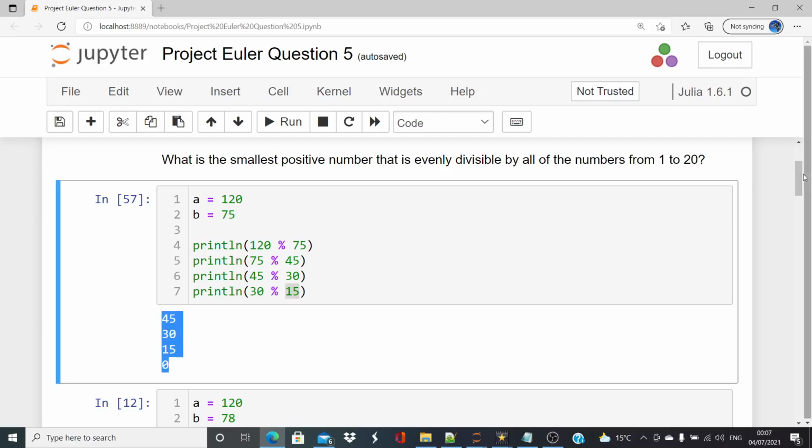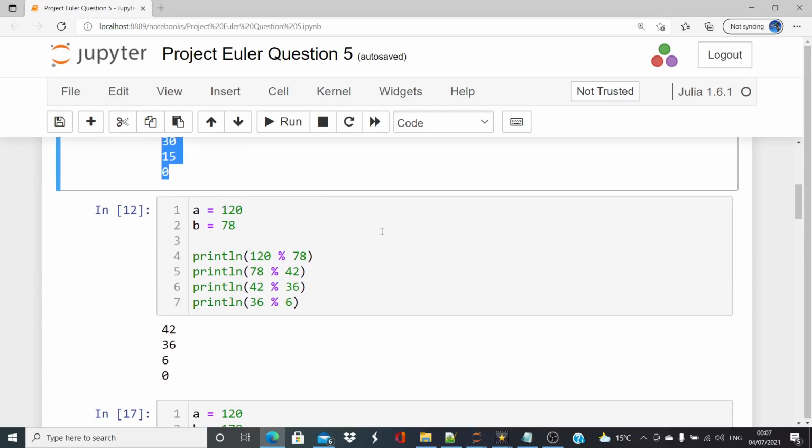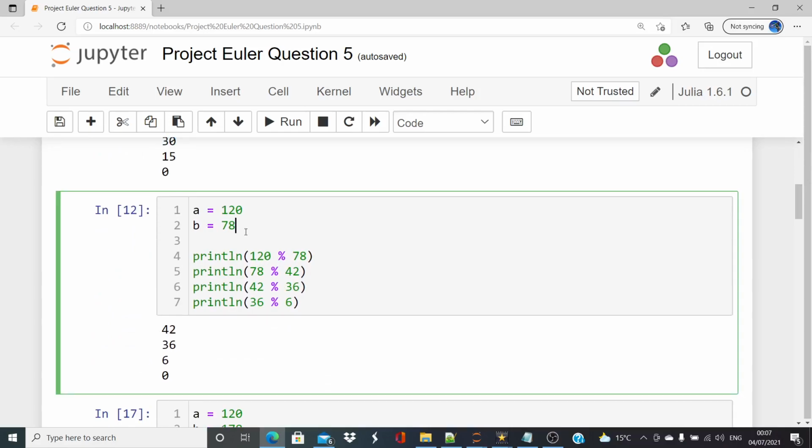Okay, I'll just quickly run another example there so you can have a quick look at that. Here, the greatest common divisor between 120 and 78 is 6. Okay, so just run through it there the same way. You can take a screenshot of it or pause the video or something like that,